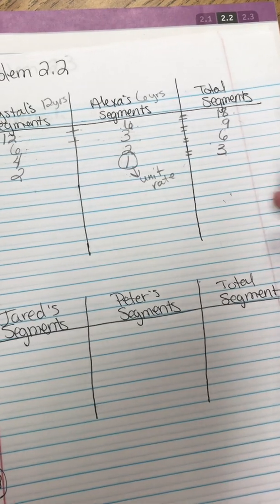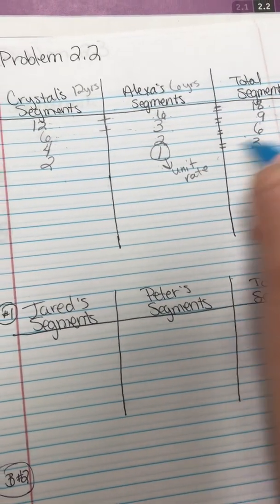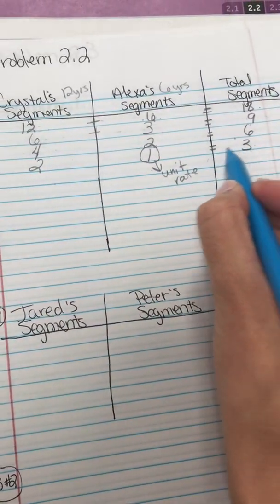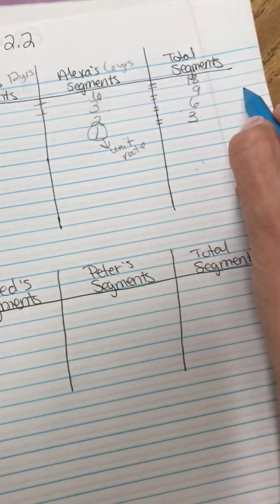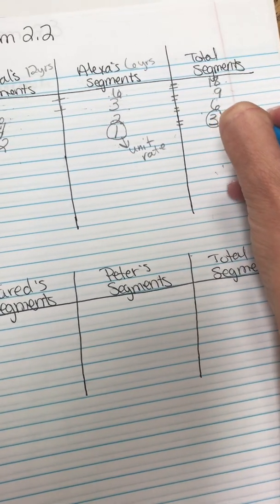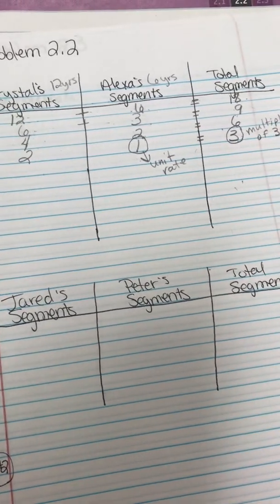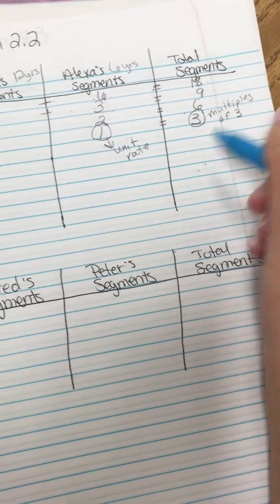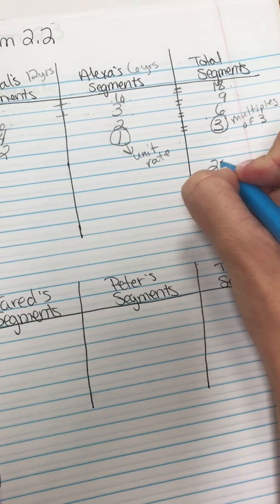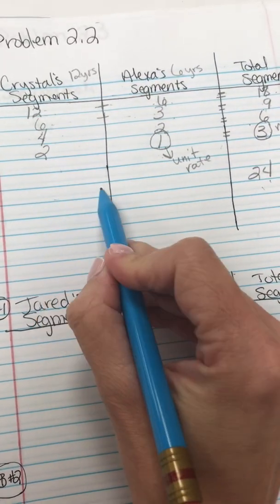But one thing we noticed in the class is that all of these total segments also have something in common. And we noticed it had to do with this unit rate we found here, this 2 to 1. All of these total segments we got over here we found were multiples of 3. So you could do like 24. 24 segments is a multiple of 3. So how would you split that so that this number plus this number equals